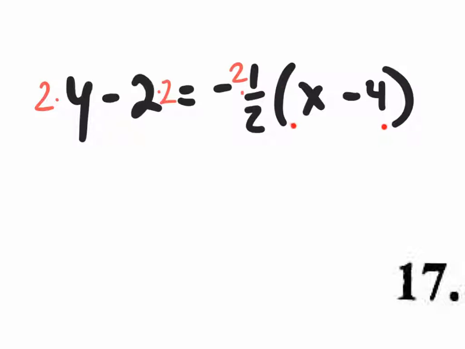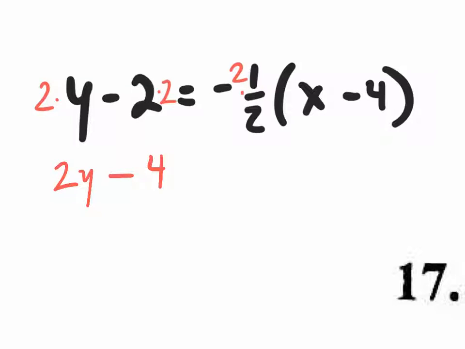And when they're inside of the parentheses, whatever I do to the outside of the parentheses, because of distributive property, it's like I'm doing it to the inside of the parentheses as well. So I do not have to multiply the x by 2 or the 4 by 2. It's kind of like they were protected by the parentheses, if that makes sense. Does it? Okay, so 2 times y is 2y